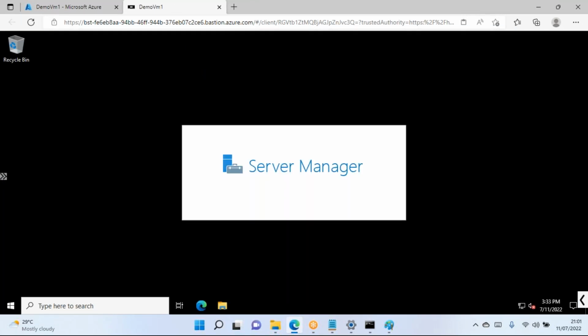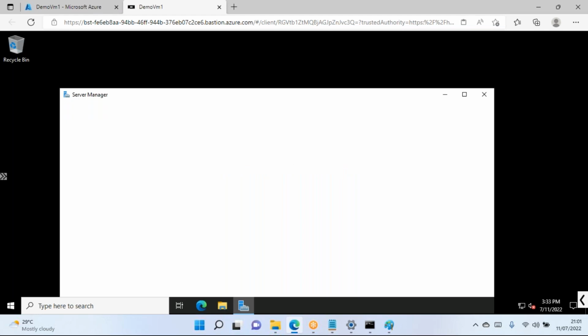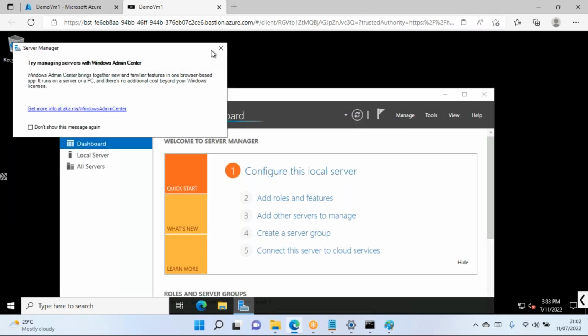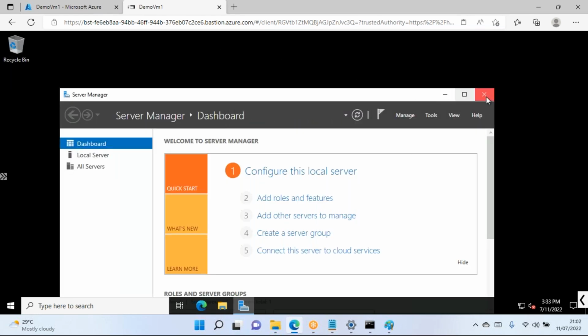Let's see, it is trying to connect. Allow. See here, you are able to log into the virtual machine through the browser only. So this is mainly for security purposes. We are not directly exposing a public IP address to the virtual machine, but we are connecting indirectly using a different